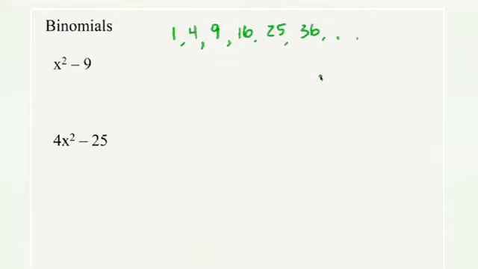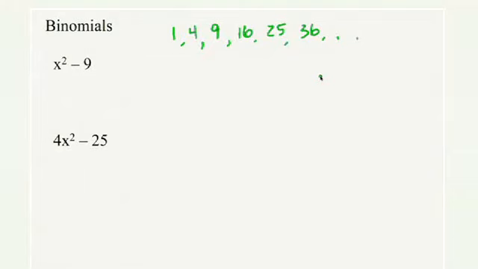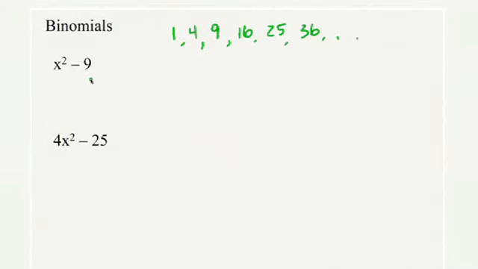And when we look at these problems, the thing that leaps out to us as teachers is we look at these problems and immediately see those perfect squares over and over in the problem. There's a 9, there's a 4, there's a 25. If you see those perfect squares, chances are it's a difference of squares problem. That's what you should be looking for in these problems. Absolutely. The nice thing is, these are really easy to factor, as Jerry will show you. Yes. The key here is just recognition.